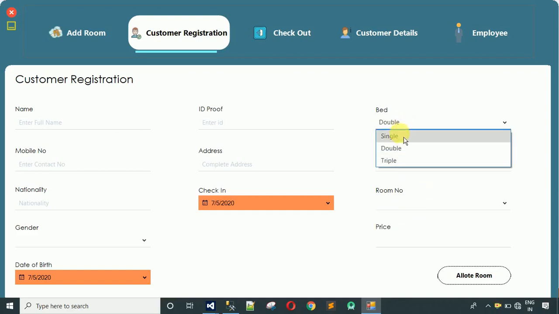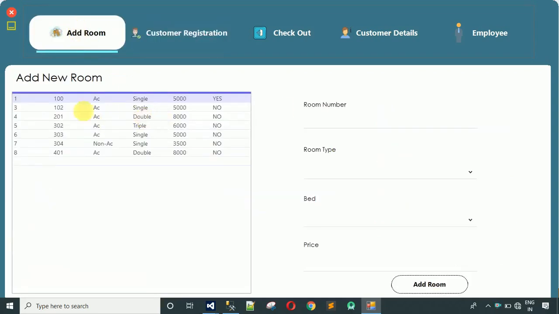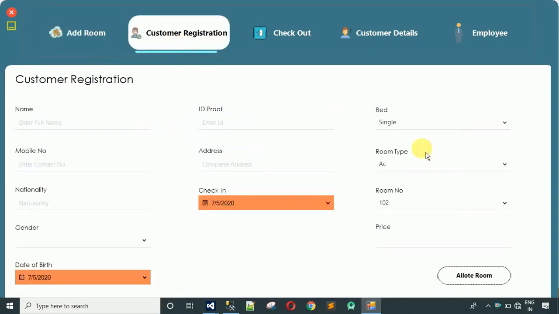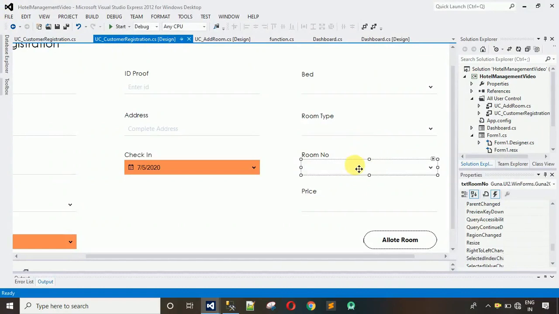Here you can see that when I select the single, select the AC and select the type, single AC, and in the add room we have already set the price for these room numbers. So I want the price to be visible over here automatically on the basis of room number. For that, we have to code on the txt room number select